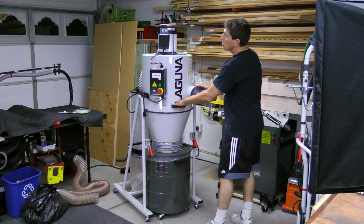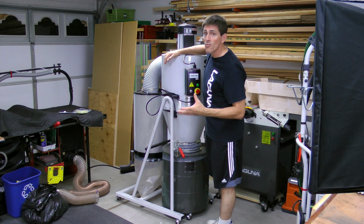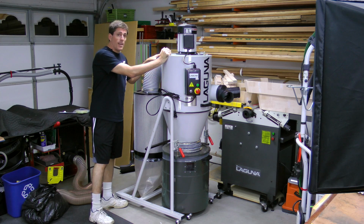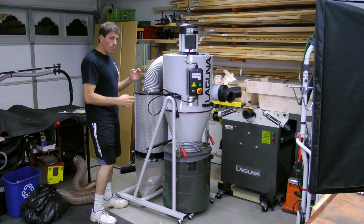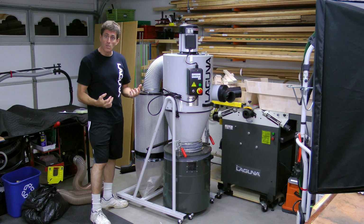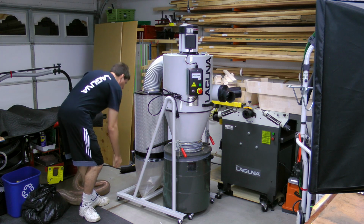In the back here, we have a filter canister, and I'm going to go through all the parts in a little more detail in a moment, but just to tell you the 2 different varieties. This one here, there's a canister back here that's used for cleaning out the fines that didn't get pulled out of suspension. So they're going to go down to this nice canister. Now normally filters are going to start picking up the dust, and they're going to start plugging. So you normally want to clean them out either with compressed air or with a set of slappers. Now this has some slappers on the inside, and all you've got to do